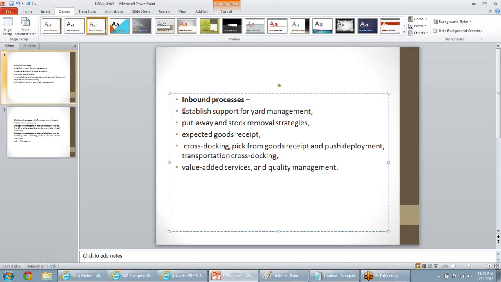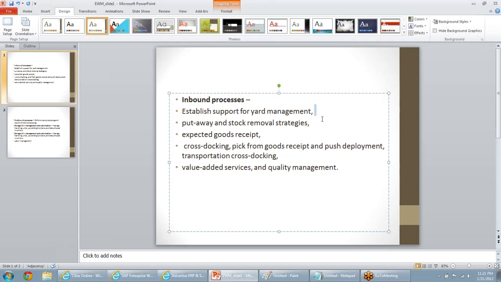Normally in the ERP or WM system, you don't find the advanced planning system. But in supply chain, here in SCM, you can find the planning tools where you can plan efficiently for production or also for goods issues. This is one concept we can expect in the inbound process.